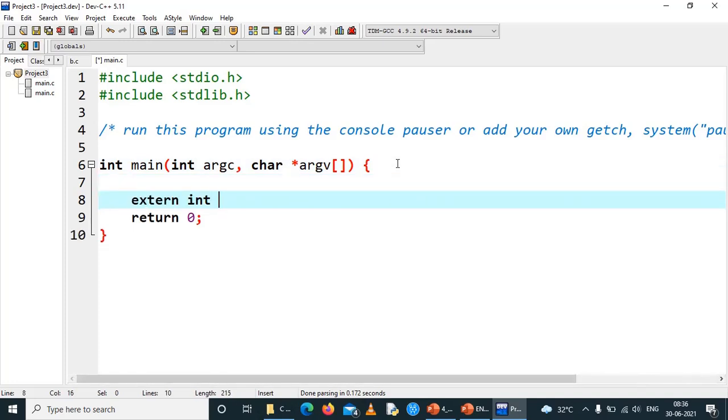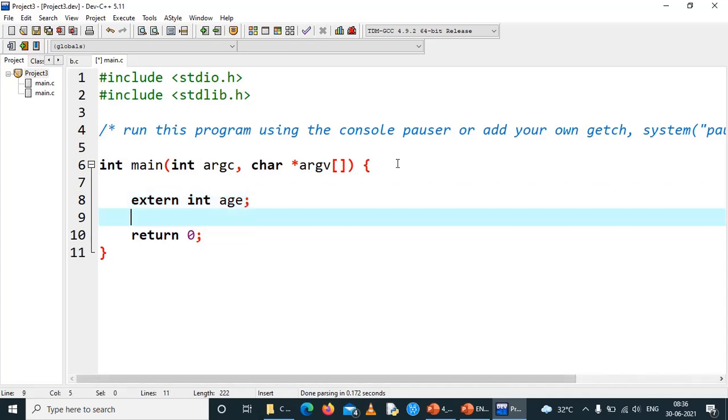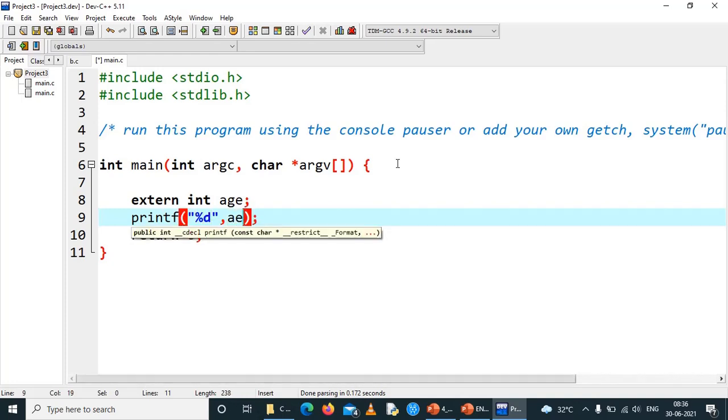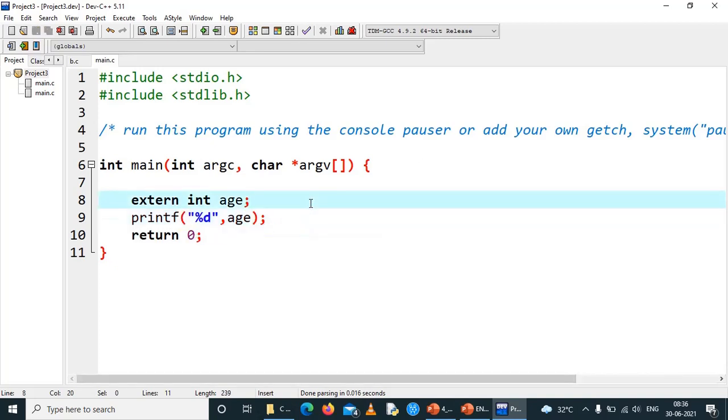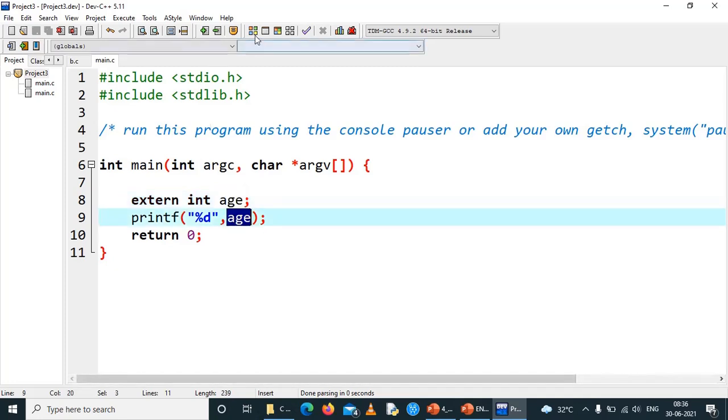Extern int age. You have to note this point that I have not given any value for age like this. I have just declared the variable age and printed it.